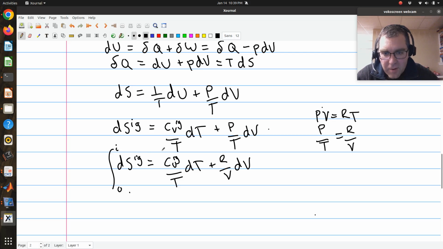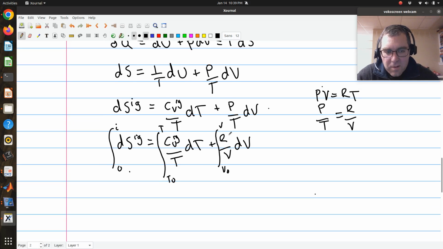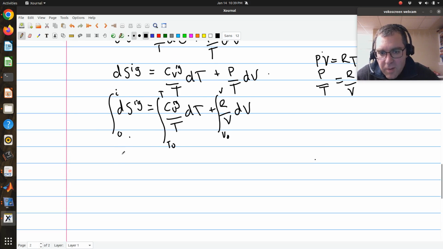So I'll just put an I there for state of interest. This is just Cv ideal gas over T dT, where Cv is constant, right? Because Cv is just Cp minus R, and Cp, we're given the value of it, and it's constant. So I'll integrate this from T naught to T. Then this I'll integrate from V naught to V, where R is just constant. And so what I end up with is S ideal gas minus S naught ideal gas is equal to,